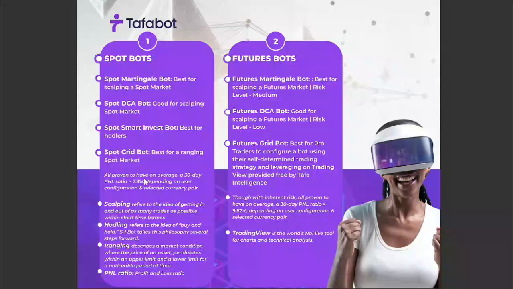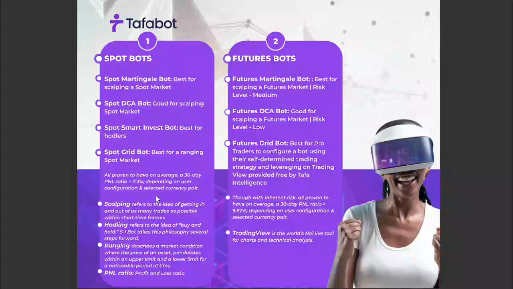So now all these have proven an average 30-day P&L ratio of 7.3%, depending on user configuration or selected currency pair. So what this means is that on Tafabot, you do not talk about return on investment in terms of what do I get daily when I trade. A lot of people ask, and that's the first question people ask me, if I invest $100 or I invest $200. Guys, this is not your regular investment platform that you're used to, where they tell you that you get